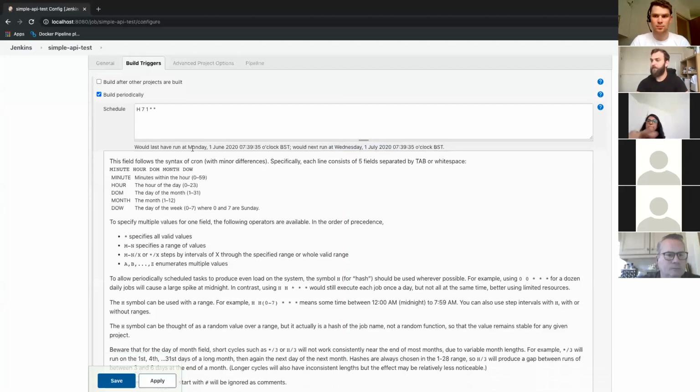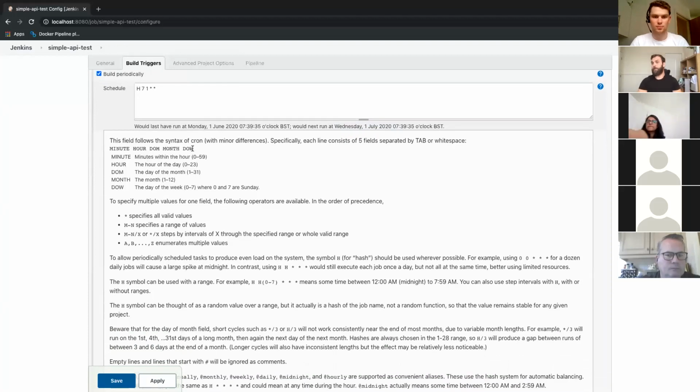And yeah, you could set your build to run periodically. So you may want to run, usually in a testing circumstance, this is probably if you have a large set of regression tests in a suite and you're not going to want to run those every time someone has just built the app.